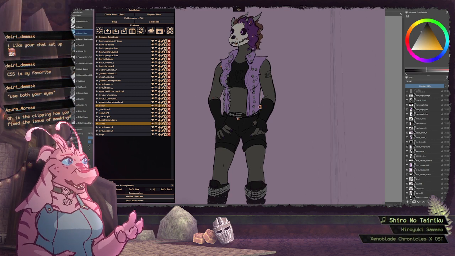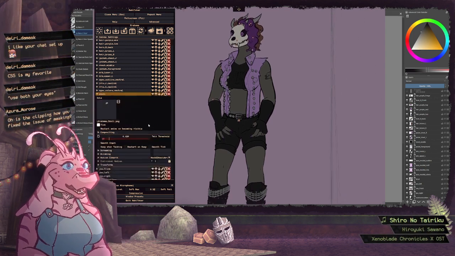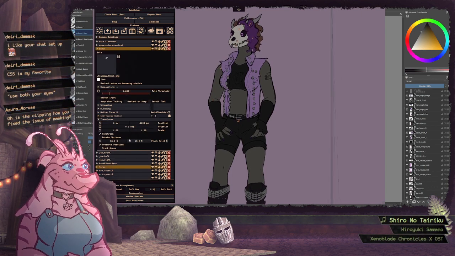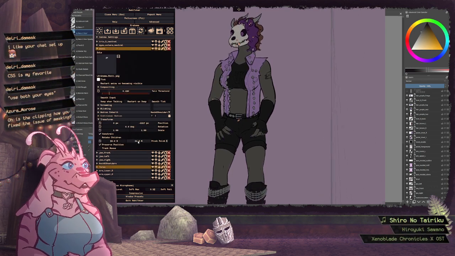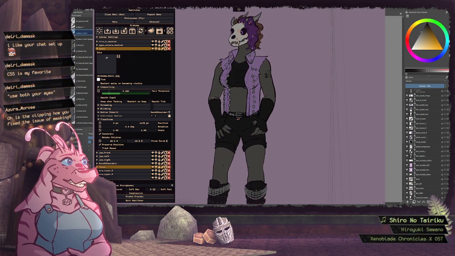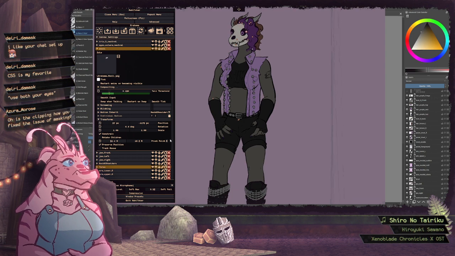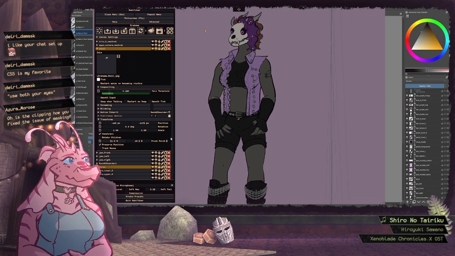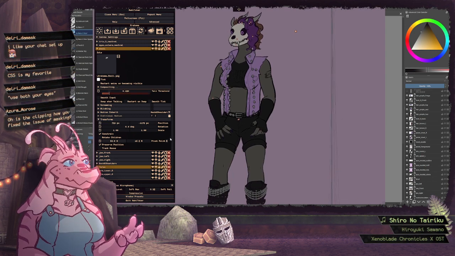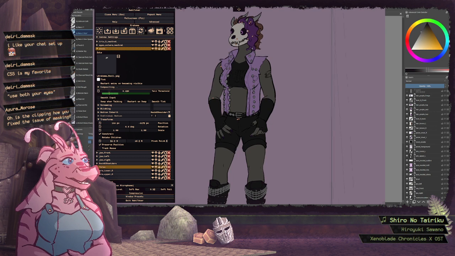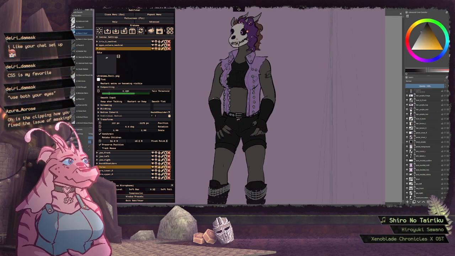Okay, I think I'm going to put a little bit of physics on the skull, so let's put the pivot point in the right place for that. Also, the new drag version of the number editing is so much better for editing the pivot points, because you can hold the Alt key. That's the normal adjustment speed, and if I hold Alt, it slows right down, and you can do really fine adjustments like that. It's so much nicer.